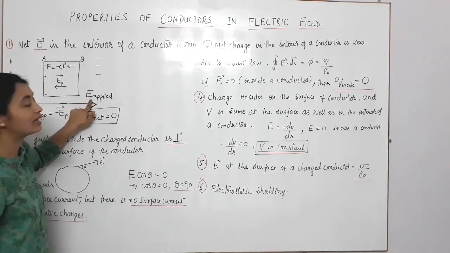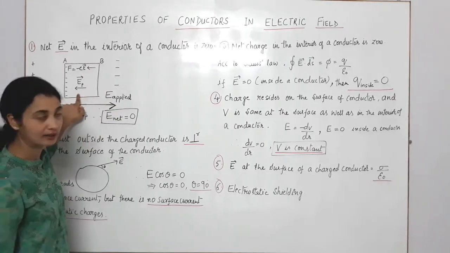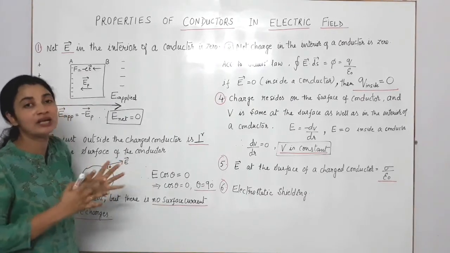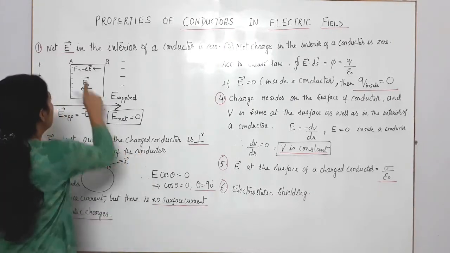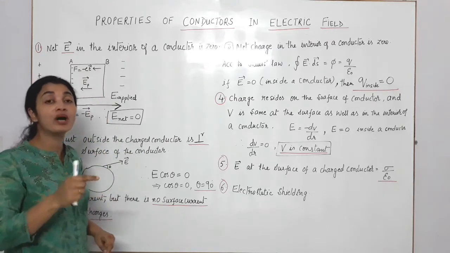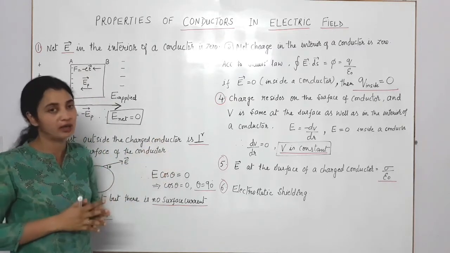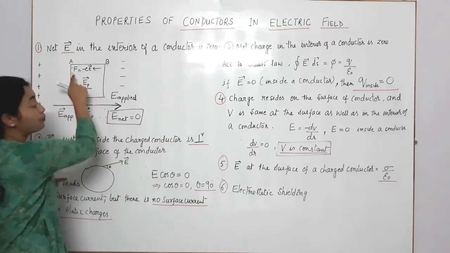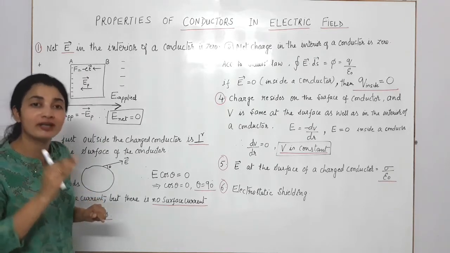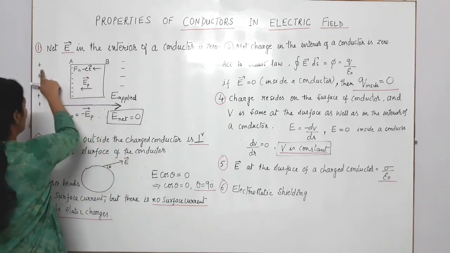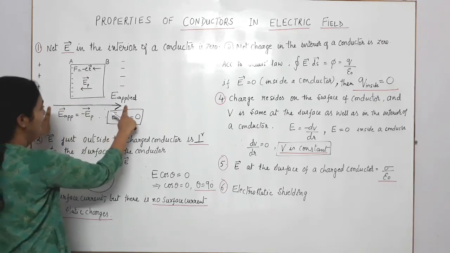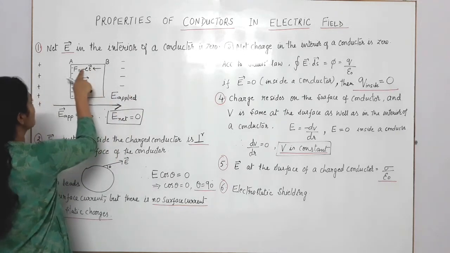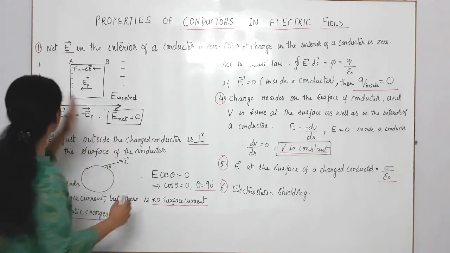And when this applied electric field is there with the conductor, something happens inside the conductor. There is some turbulence which is taking place inside the conductor. Now what is it? It is each electron in a conductor. Remember, I am talking about a conductor which has a huge number of free electrons. So each and every free electron in the conductor will be experiencing an electrostatic force of attraction, and the direction will be towards this positive plate. Keep in mind, this is the direction of the applied electric field. Electrons are experiencing a force of attraction towards this side.